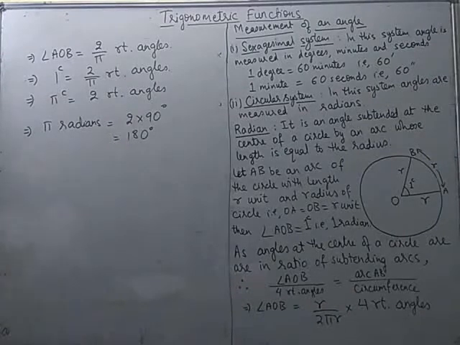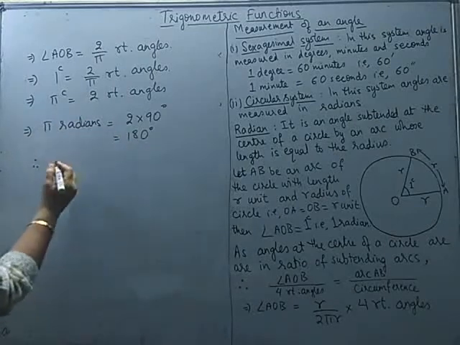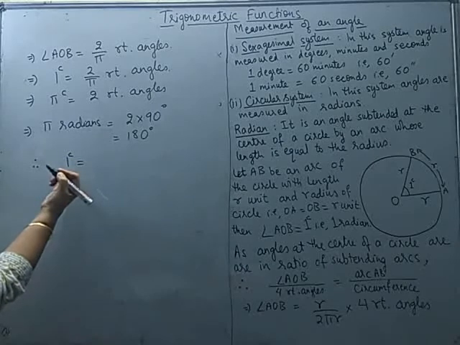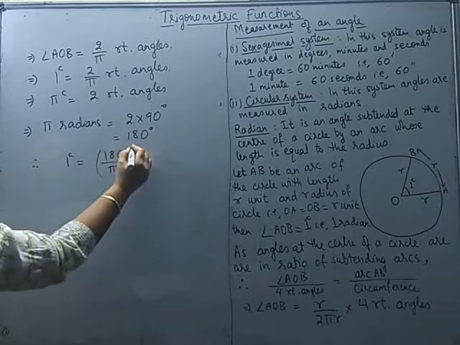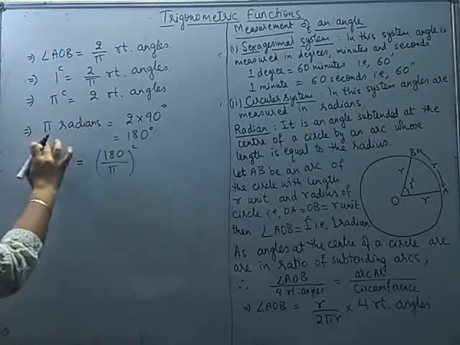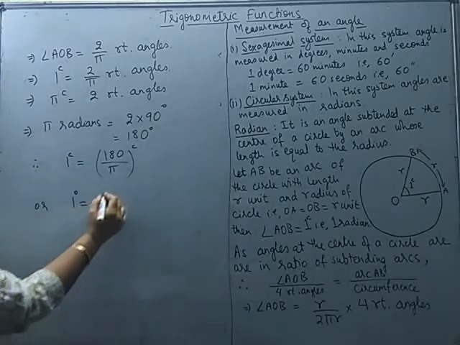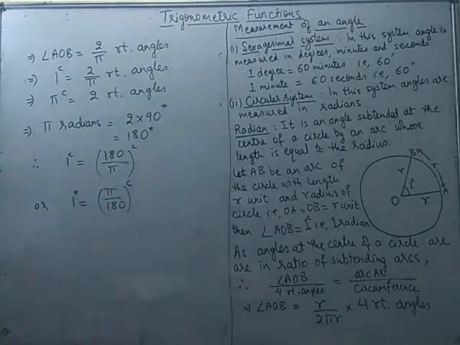Using this, all the angles you have learnt in degrees can be converted into radians. So therefore, radians can be converted into degrees by using this. If I cross multiply pi, we get 1 radian is equal to 180 over pi degrees. Or if I convert degree into radians, cross multiplying 180 here, we get 1 degree is equal to pi over 180 radians. Now using this, let us quickly write some frequently used angles.